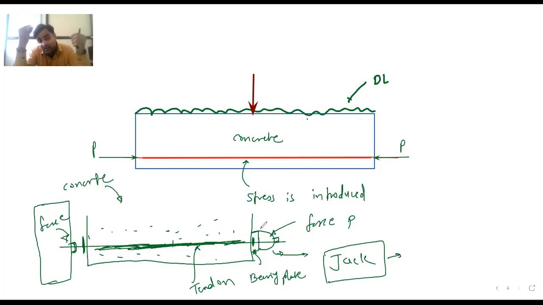That we will see in unit number 7. After this, one more unit is there. After that unit, we will see what the losses are and what will happen exactly. But whatever I'm trying to tell you, whatever pre-stress you introduce through this jack assembly, 100% of that stress is not transferred to the concrete. It may transfer 80%, 90%, 70, 60, 50, 40, 10, 20, whatever it may be, but it is not completely 100%.